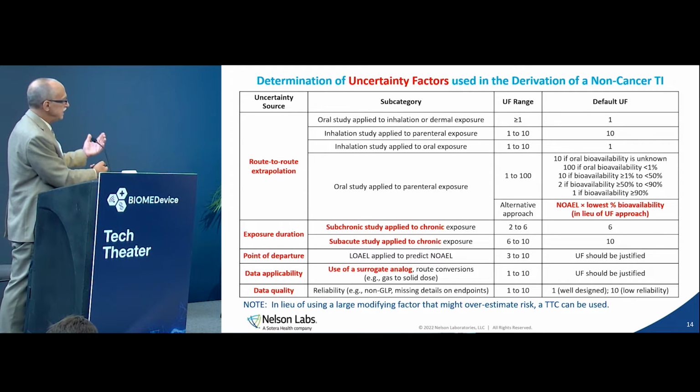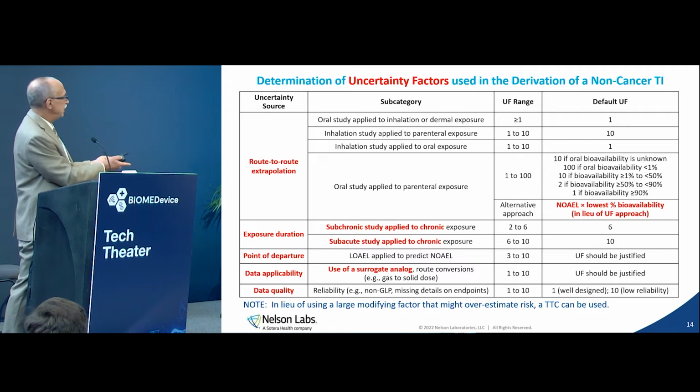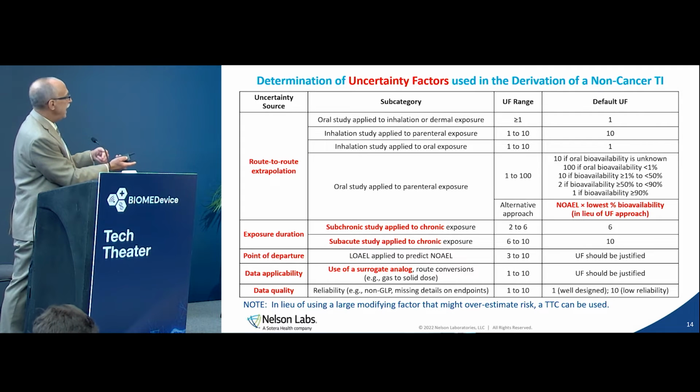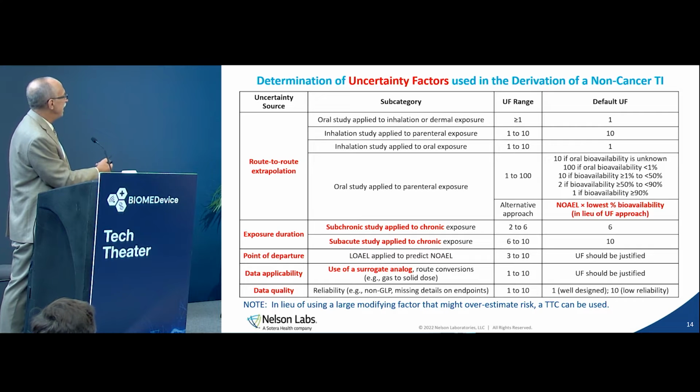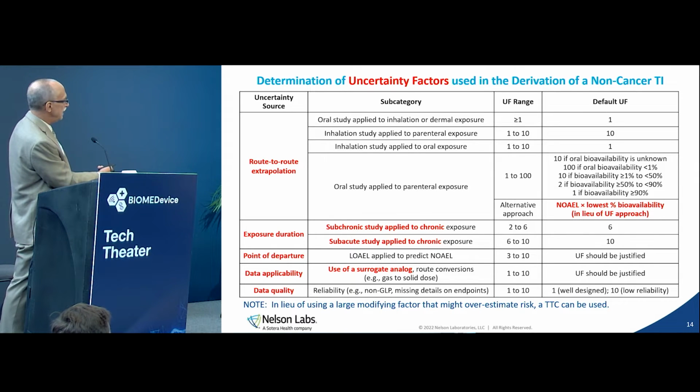Lastly, data applicability. If you don't know the toxicity of your chemical, but there's a chemical structure of another chemical that's a surrogate or similar to it, you can apply that one and add another uncertainty factor. And lastly, data quality. If it's a non-GLP study, if you're familiar with biocompatibility, or if you're missing some details on what endpoints were evaluated by the pathologist, you have an